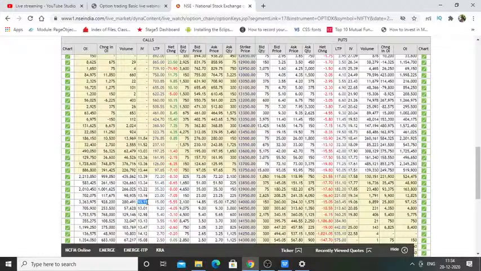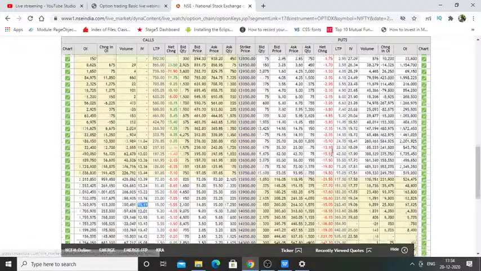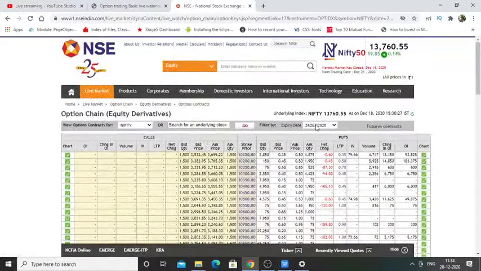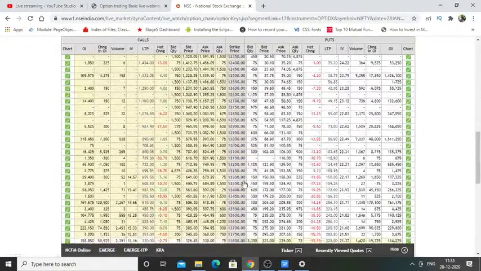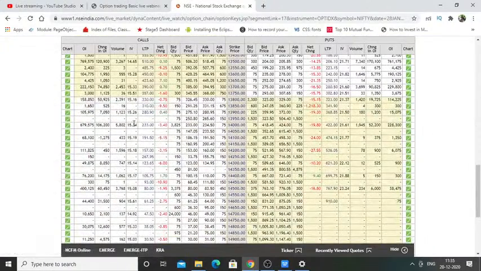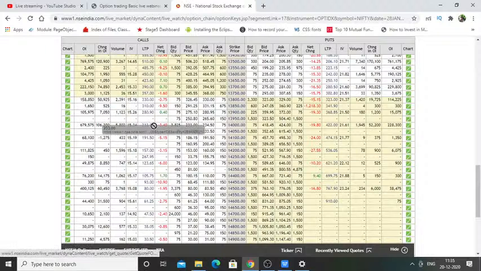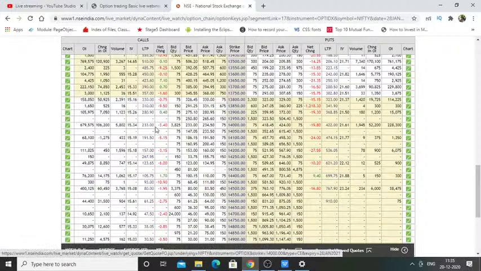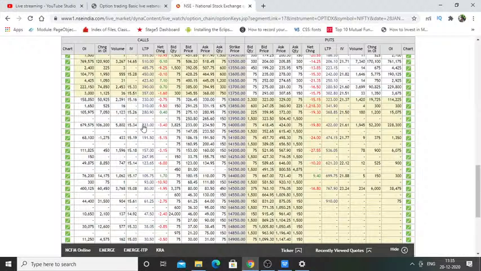Okay, so you can see the differences, right? If you look at a very far month, I will show you an example of 28th Jan. If you look at the 28th Jan, same 14,000 call option, here you can see that LTP is 233. Now you can see the entire 233 rupees is time value only, because we have a greater amount of time, so we have more time value.